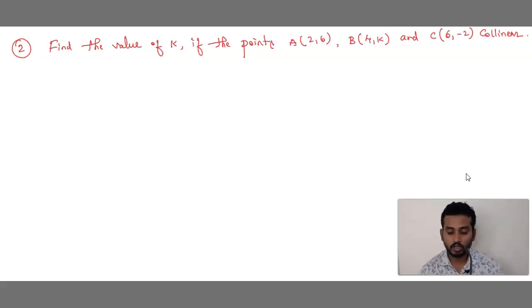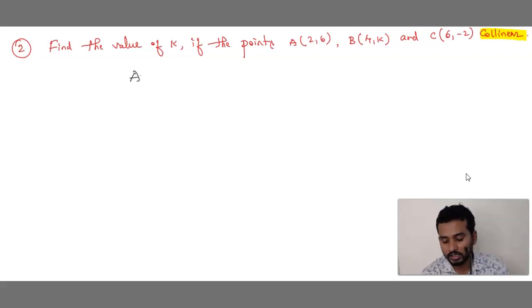Now, we already know he said that it is collinear. We are not proving whether it is collinear or not. Already he has given that. Find the value of k. We have to find the value of k when these 3 points are collinear. The question says that all the 3 points are collinear. Already the question itself is saying they are collinear. Okay. By using that condition, we have to find the value of k.